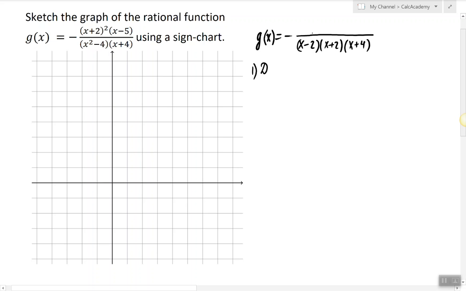So that means the domain of this function is all the values except 2, -2, and -4. The second step when graphing a rational function is to classify the discontinuities. Since the function is not defined at 2, -2, and -4, we would like to know what's happening at those points. To classify the discontinuities, we now have to factor the numerator and try to reduce the function,